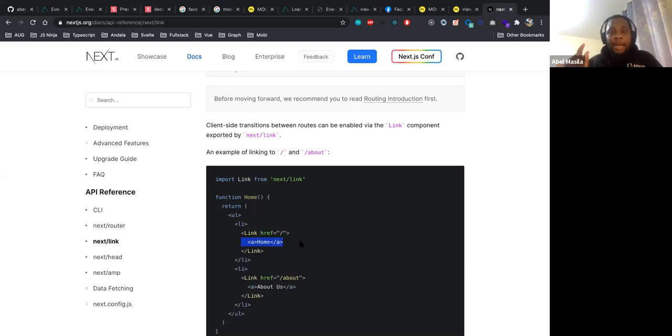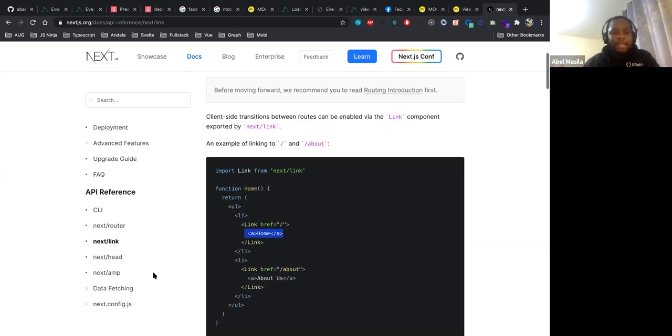And if you are redirecting to an external page, which is not in your application, you are allowed to just use the normal anchor tag and redirect and target to a blank page. You can do that. But if you are directing to your application, use the Next link. It will save a lot of server resources because your links would otherwise always be redundant.